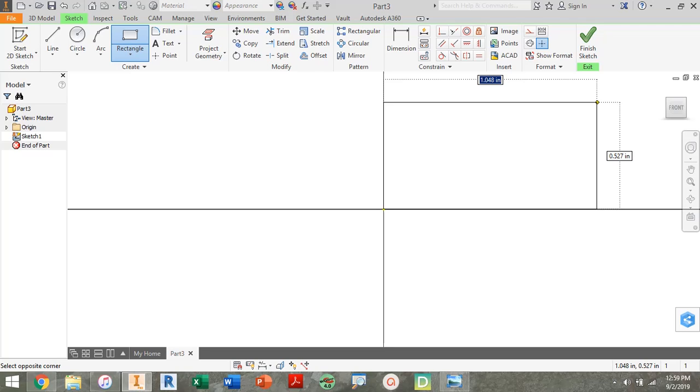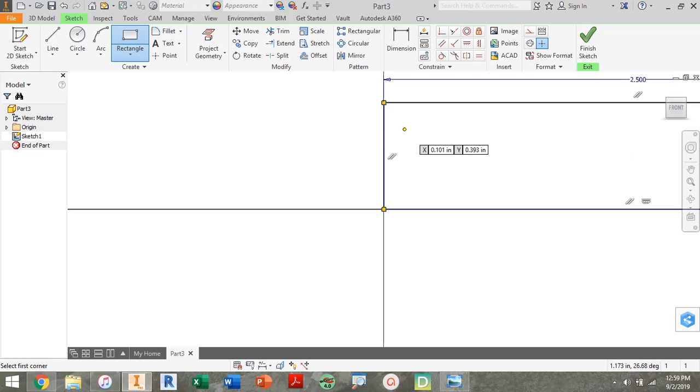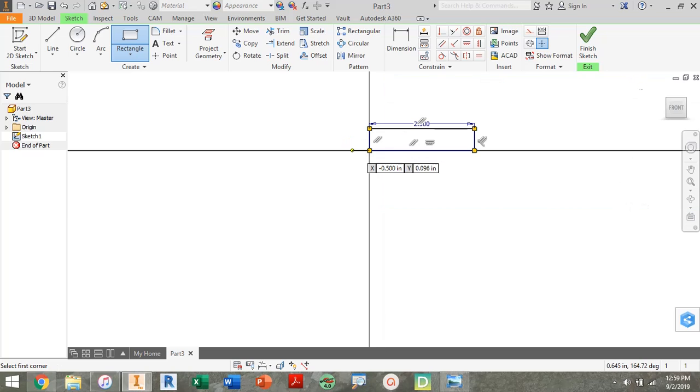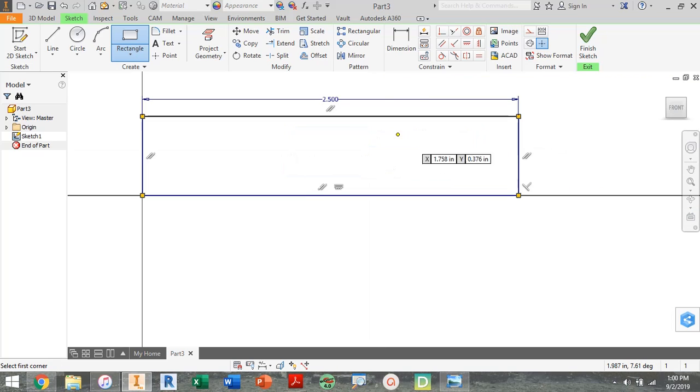You can see my blue icon changes from whichever window it's in. So I'm in the length, I type in 2.5, and then I hit the enter key, and you can see my rectangle is now 2.5 inches in length, but